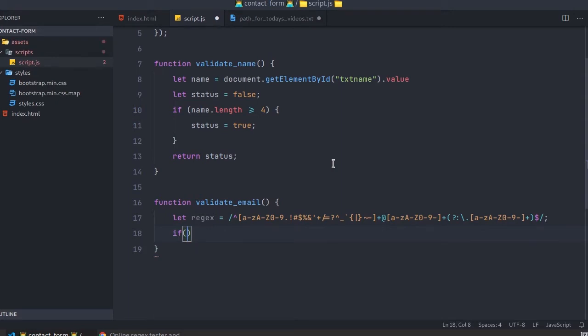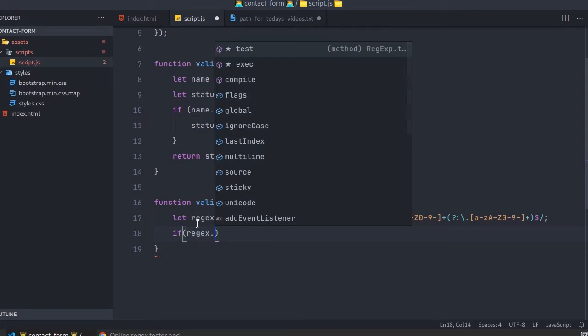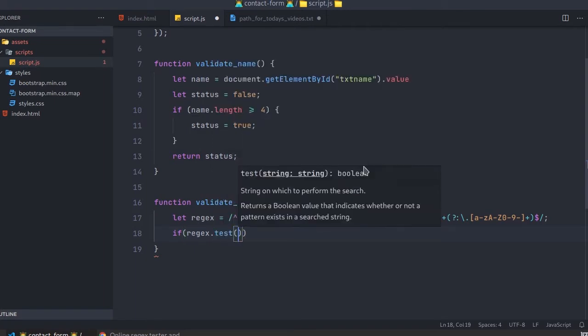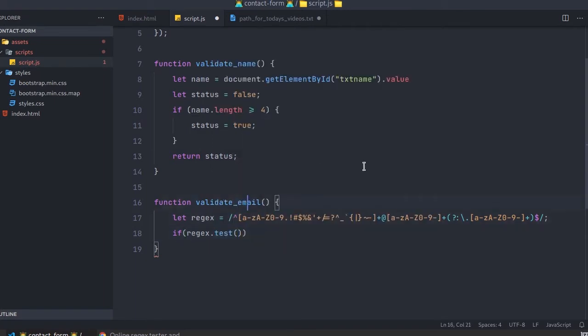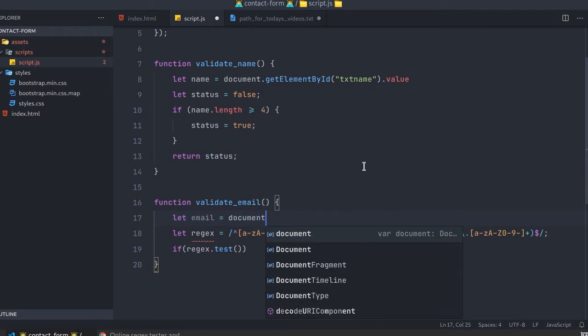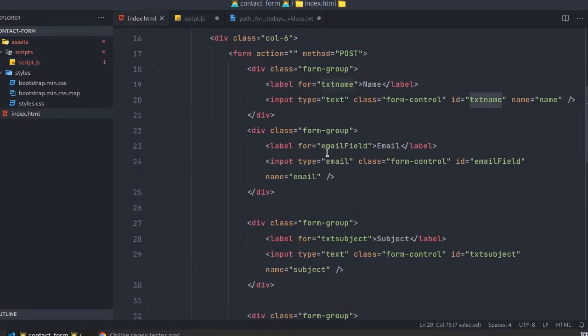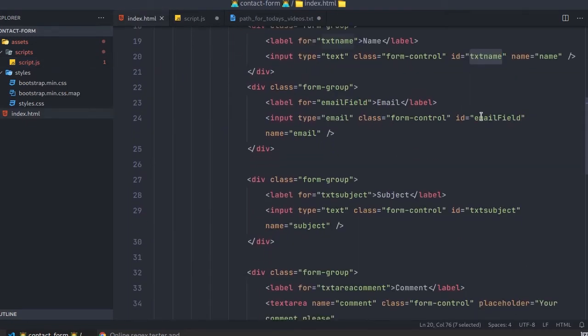Now put it likewise: regex, whatever object you have defined, then test, along with the string you want. For that, define another variable and fetch the value from your form. Open the form HTML file and copy the field name.